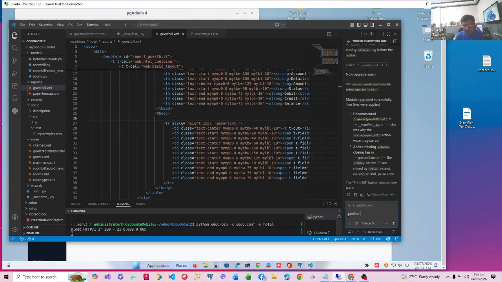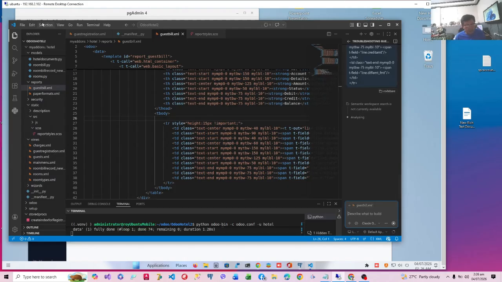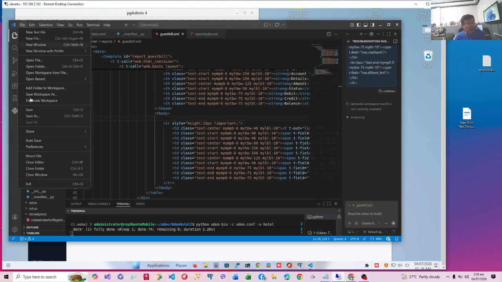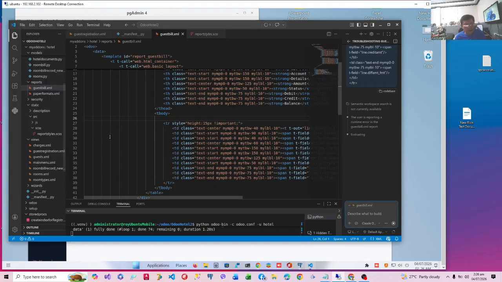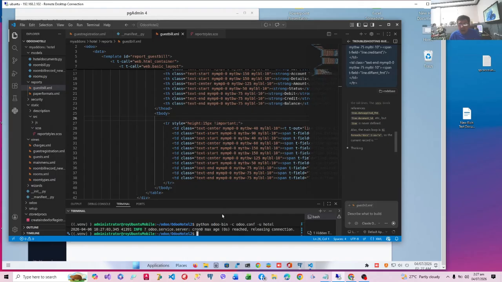Runtime error in guest build.xml. So, reviving coding again. I'm not sure why. I just copied it. I have tested it before, but I did not copy the whole file. That's why there are errors.